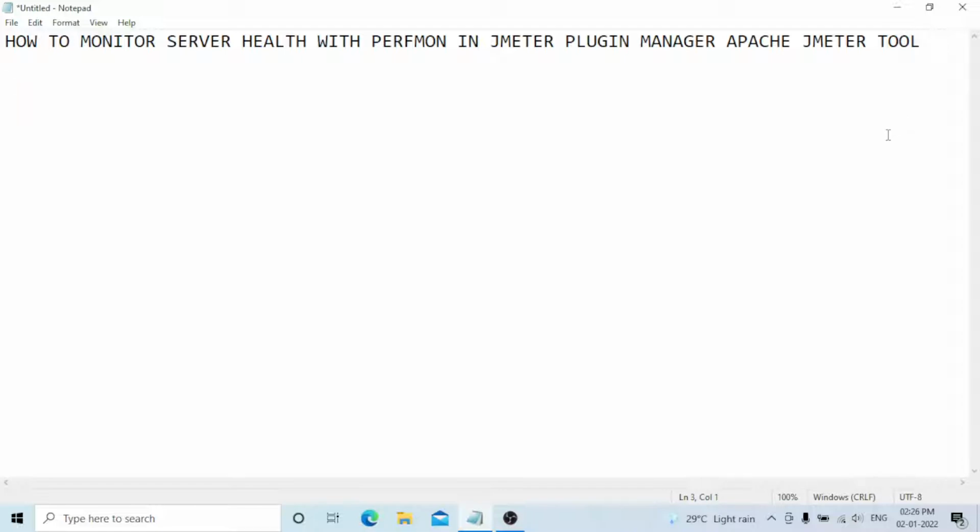Based on the concept, it is mainly used for JMeter server performance monitor. Plugin download.